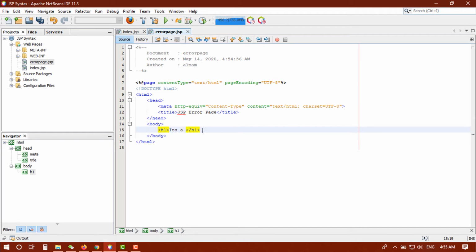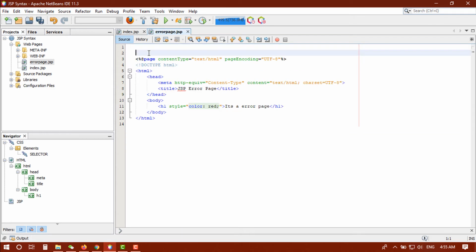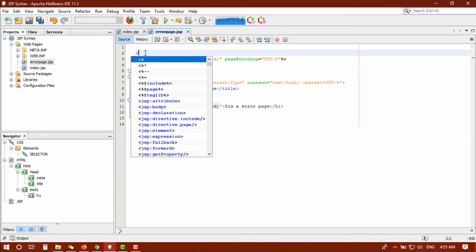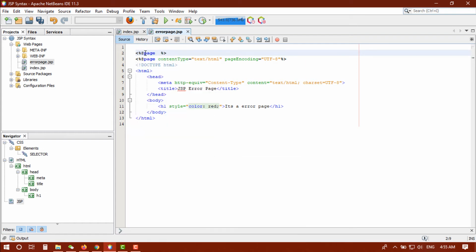It's an error page, and let's give it a color here, style color red. Okay, and here we should define it. How to define the error page? So angle bracket percent, you will already get this page directive, and isErrorPage equals